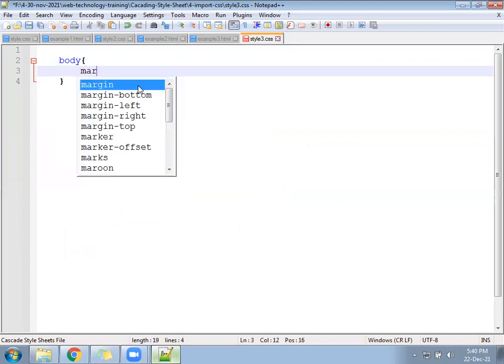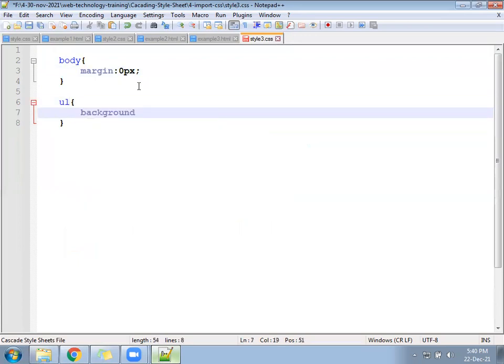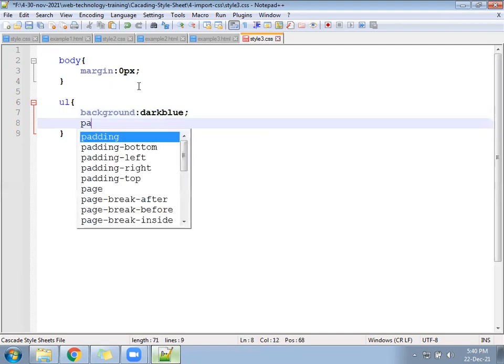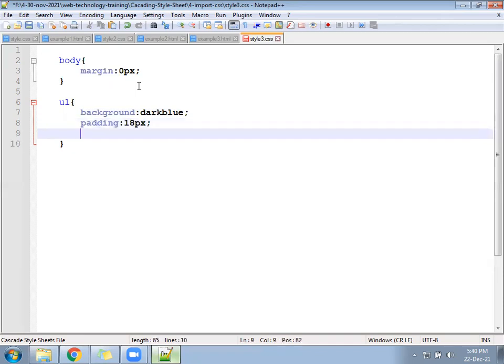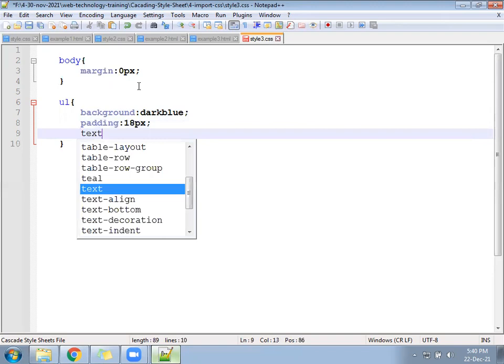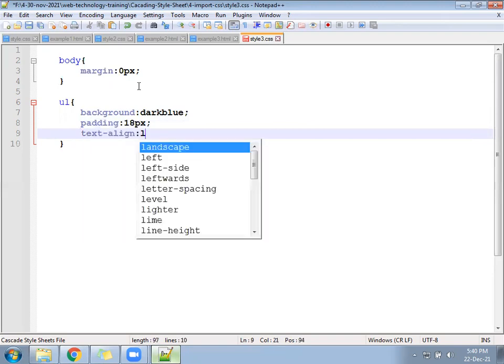Margin 0px. For UL, background dark blue, padding 18px, text-align left.